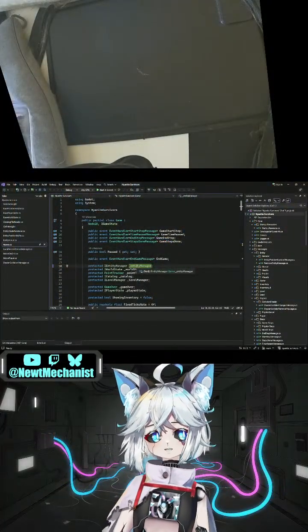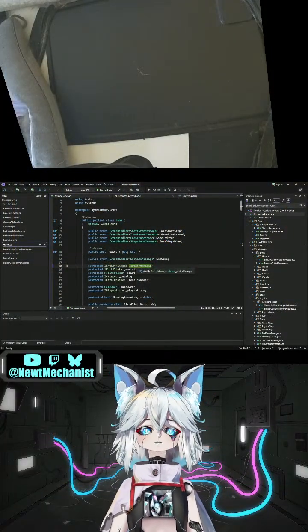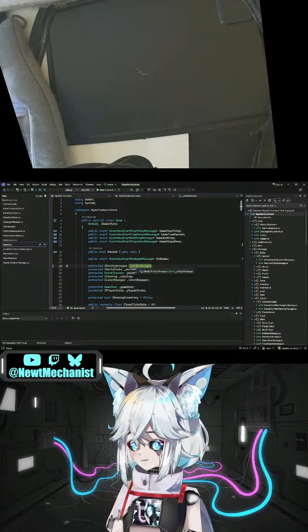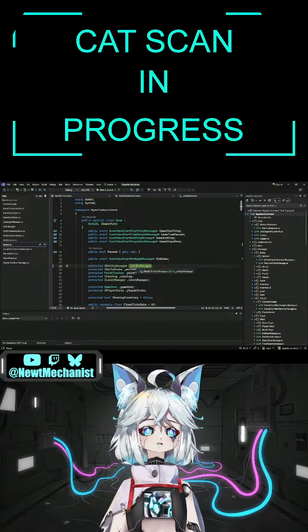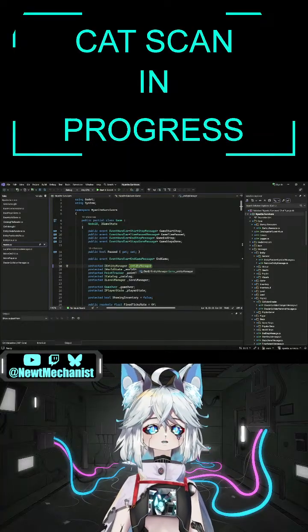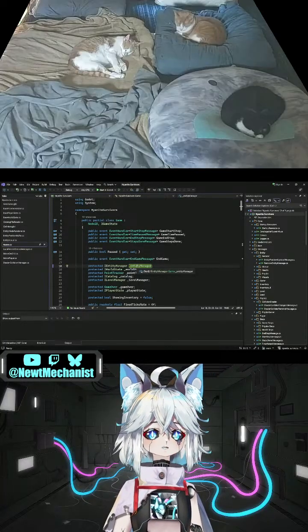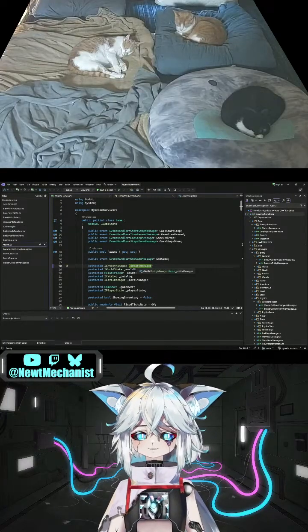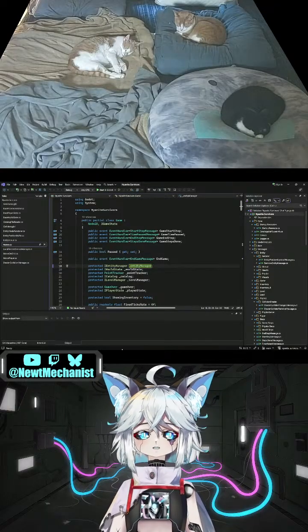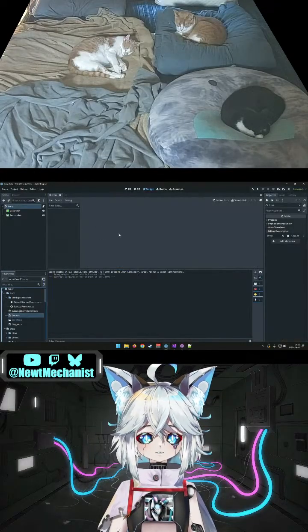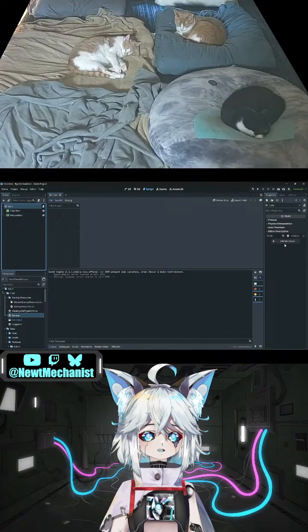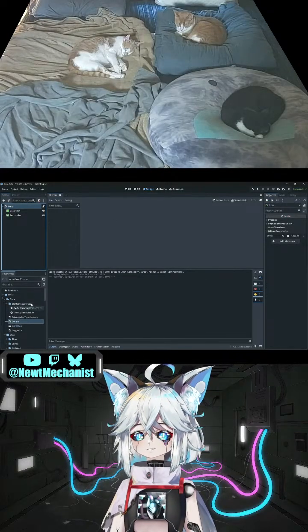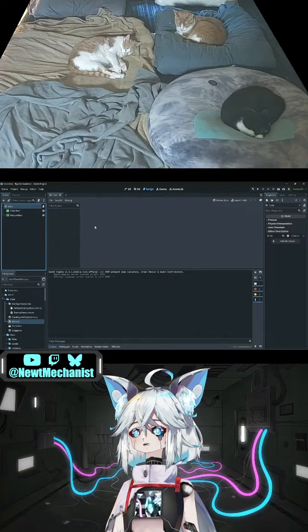So like I said, a decent portion of the stream today is going to be looking back at what we've done and why we did it and what we're going to do. I do have Godot open just for practical purposes at the moment, but again, for reference,